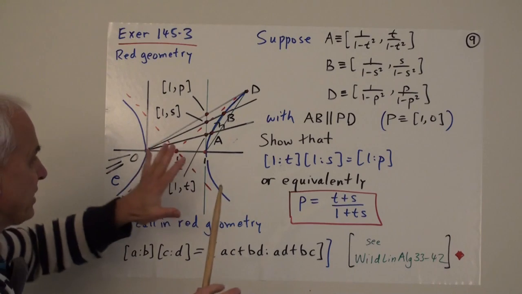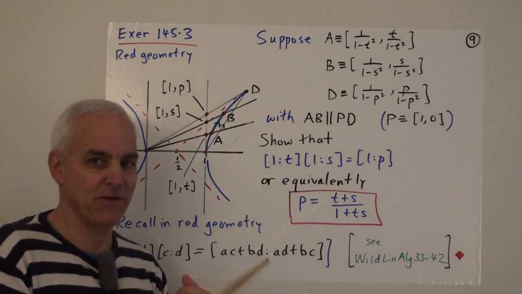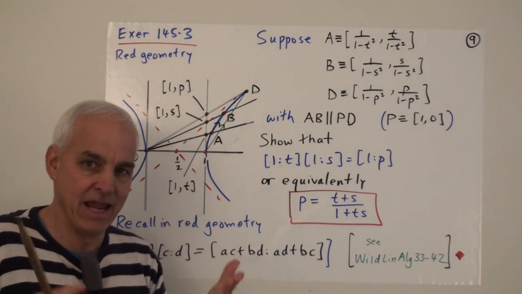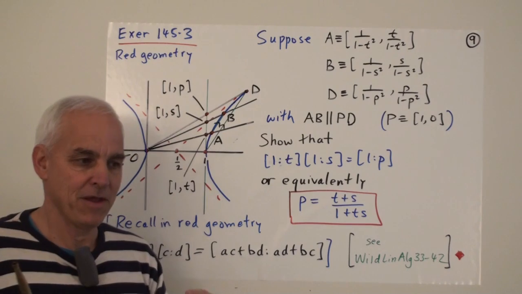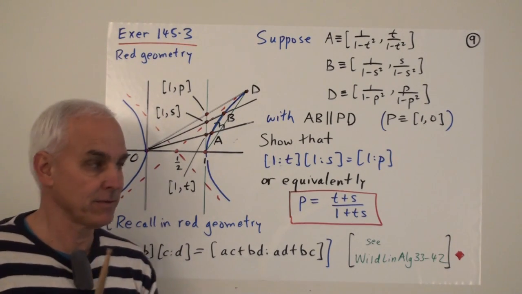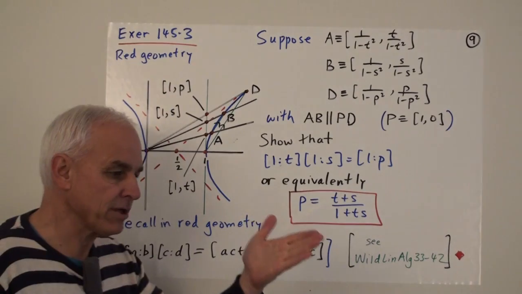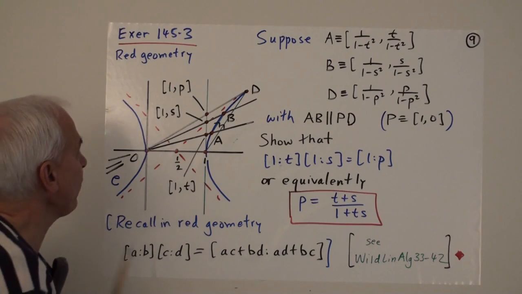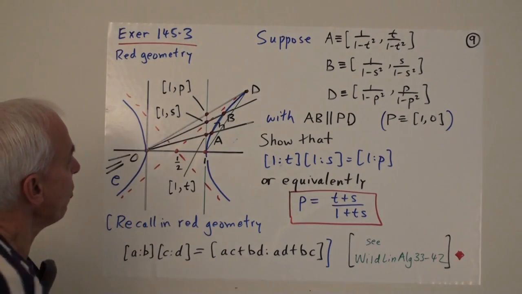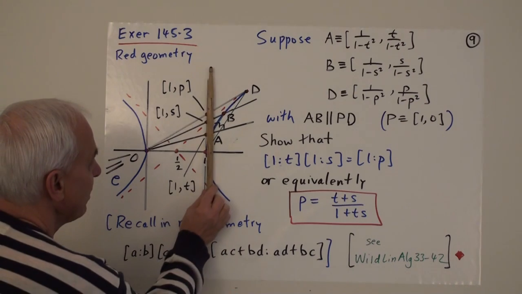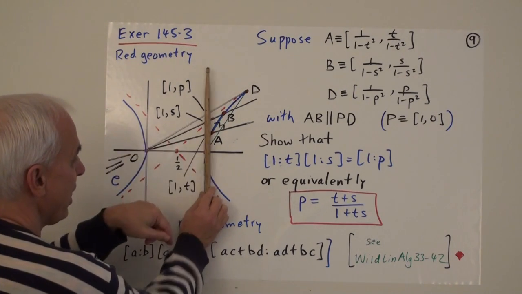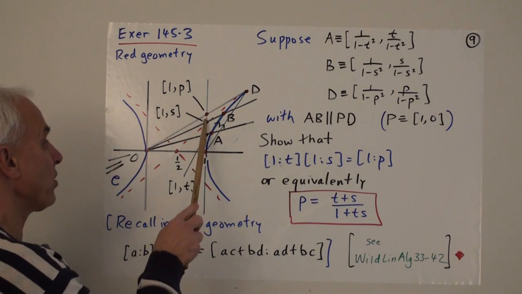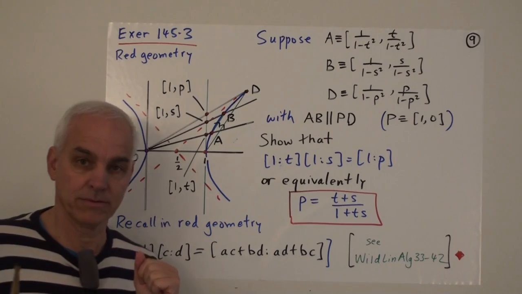Okay, so the exercise now is very analogous to the previous one. This is the point, that these two things are basically the same algebraically, almost, even though the diagrams look very different. Once you understand the way one of them works, understanding the other one is a very simple step. Okay, so suppose that we have three lines through the origin, and they meet this vertical line where the x-axis has coordinate 1 at the points 1, t, 1, s, and 1, p, just as before.